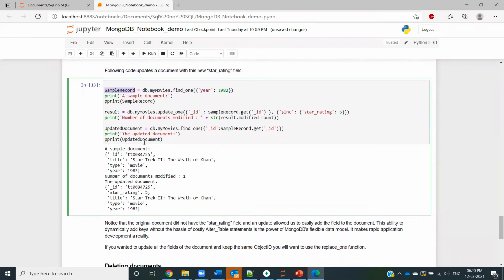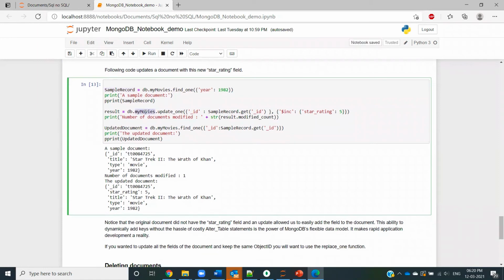Now what I want to do is that I want to update this specific sample record. So in order to do that, I'll connect to the collection that I want to do this updation on. I say that I want to update only one record. And the ID of that record that I want to update is basically the ID of the variable sample record. That is the ID of the document which is stored in sample record will be fetched through this specific function called .get.